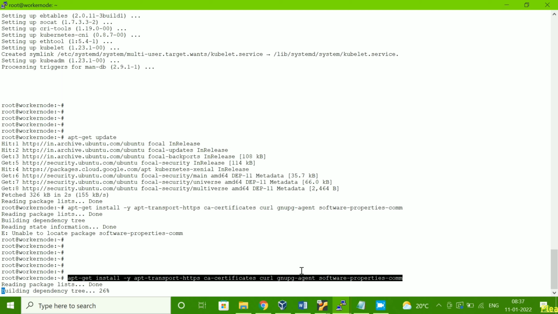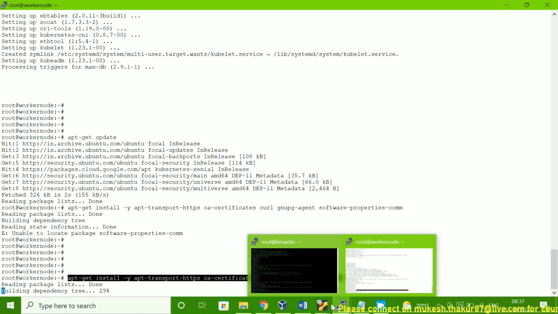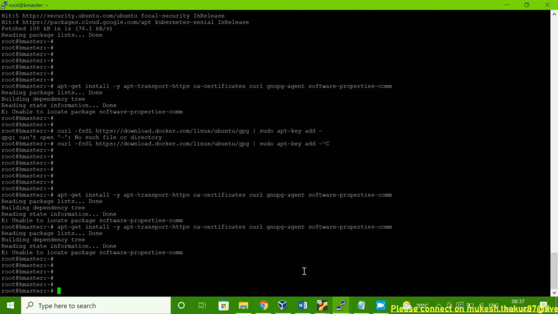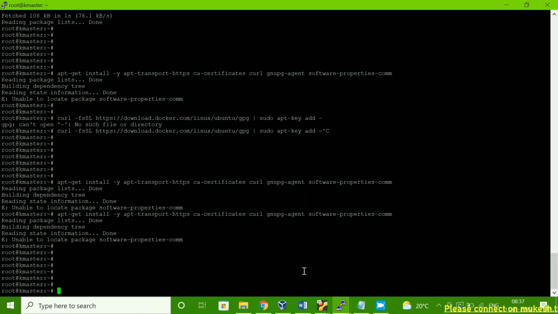I believe the worker node is working fine. We should wait. If it is working on the worker node, then definitely it should work on the master node also.